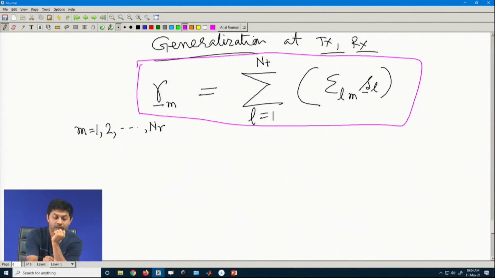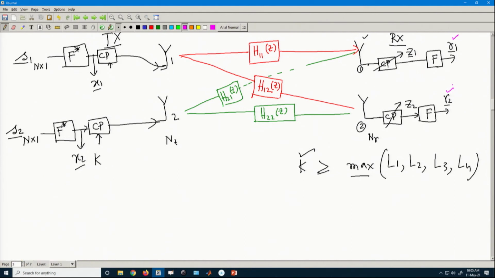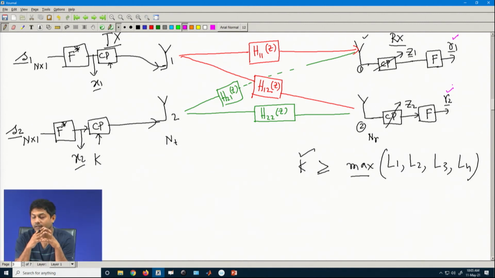Now, let us get into the, so this is the main part of my MIMO OFDM structure. So, as long as you get your data, so that means at each and individual received antenna, at the end of all this operation, what R 1 or R 2 gives me is a summation of multiple OFDM structures, that is all. After the removal of your CP and after doing FFT, that is the data that I will receive here. Okay. So, this is the main part of the MIMO OFDM structural point of view.